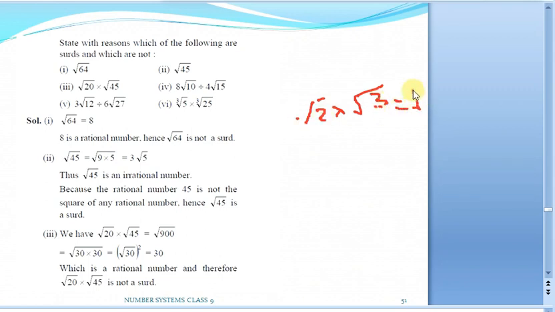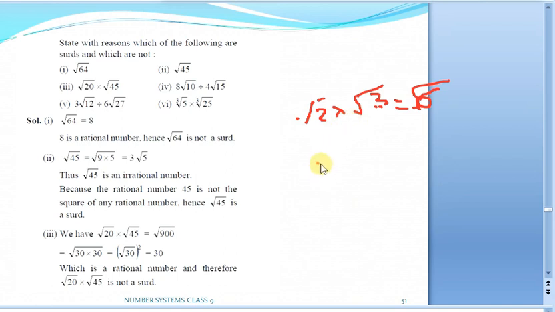It will be root 6. So you take this square root as it is and you multiply whatever is inside. But remember, whatever the orders are, here it is a surd of order 2, and this is also a surd of order 2. So we can multiply the inside numbers. Why is it actually working? This is based upon exponential laws only.